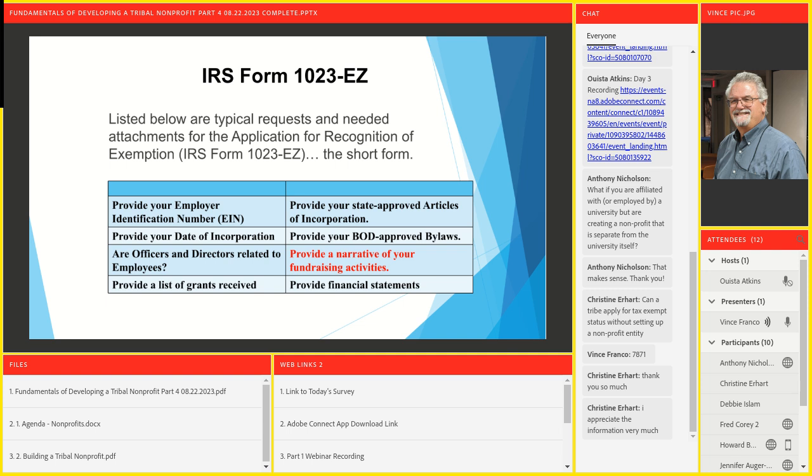Bottom right, in red, provide a narrative of your fundraising activities. They're going to ask you to describe what you're going to do, your sustainability, your capacity, your plan for fundraising.